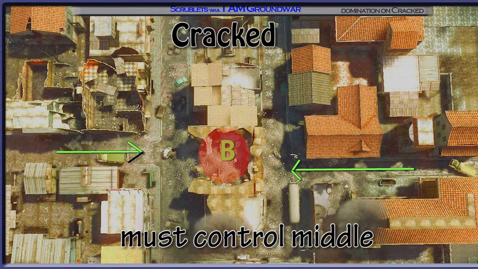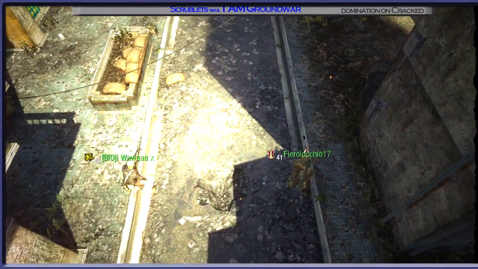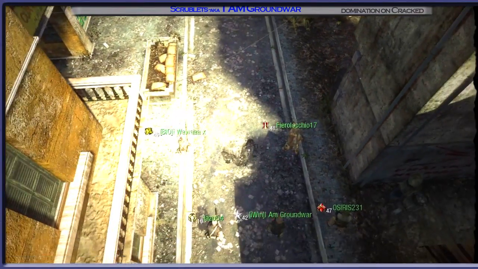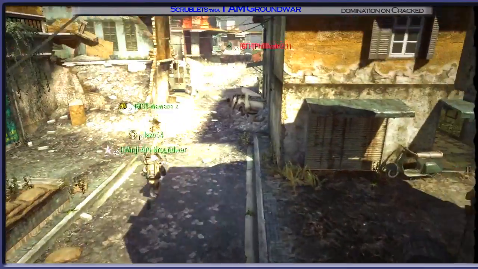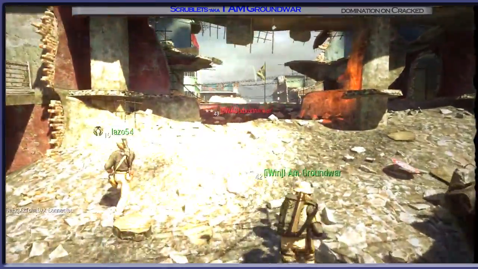Today we're on the map Cracked in a game of domination. And in domination it is critical to control the middle. Much like a chessboard, if you control the middle of the map, you will control the game. So as we watch Groundwar in this video, I'd like you to pay attention to how he captures and controls the B flag. One thing you'll notice is that the team realizes the importance of controlling this middle area,